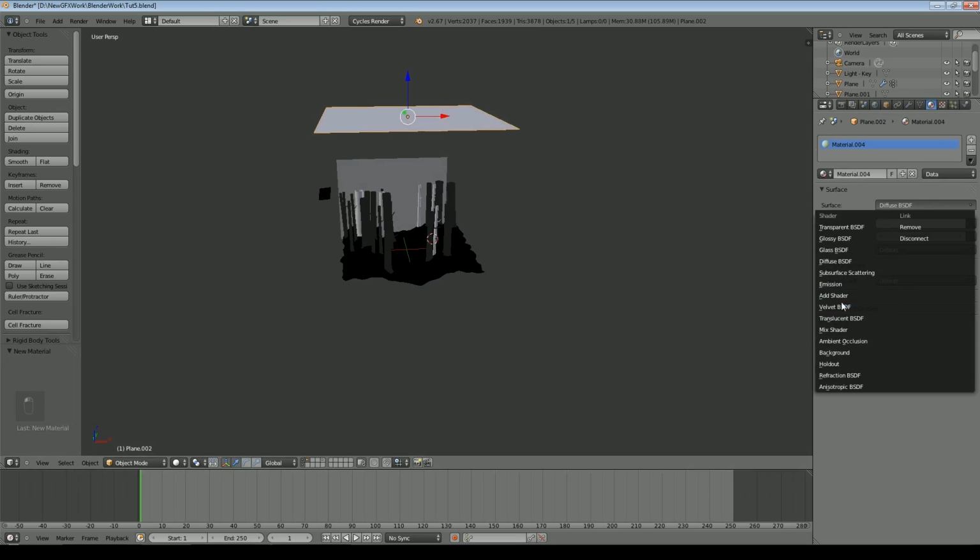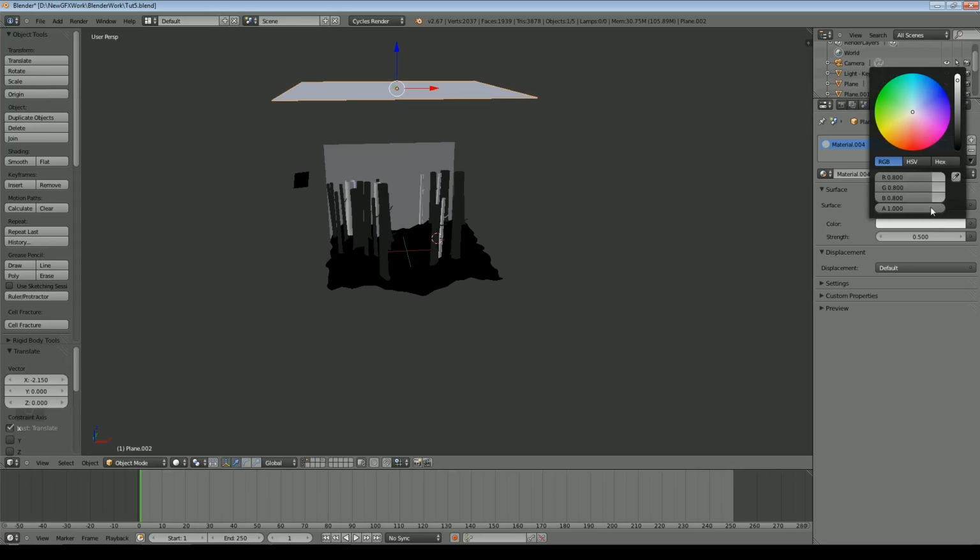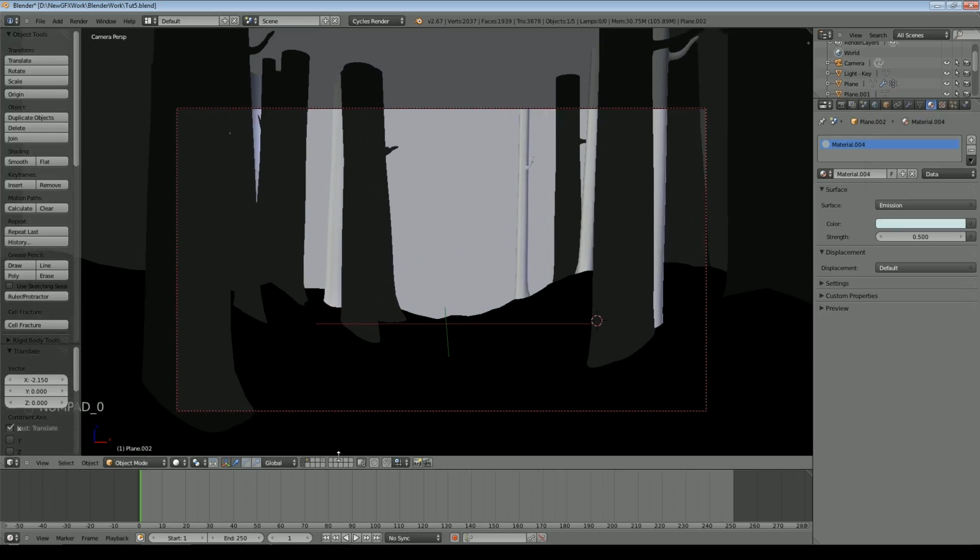It's very big, so any light that it gives out will be quite strong. We'll put it at 0.5 for the moment, and make it a sort of pale blue. So it's representing this light that comes from the sky really, and we'll see what that looks like.